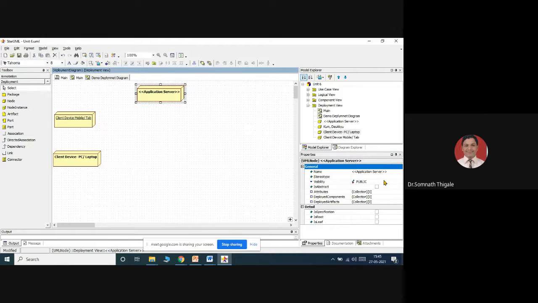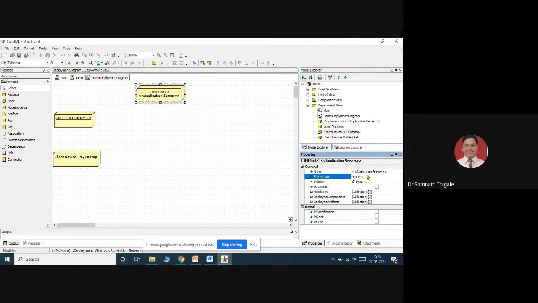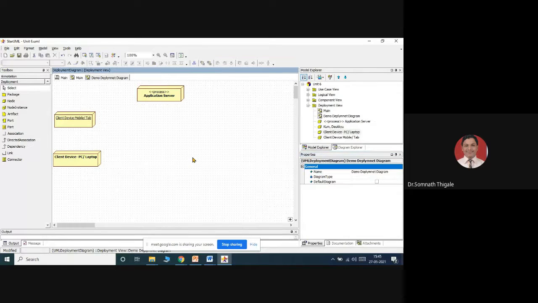The application server uses the process stereotype. I can remove this so that we can understand: this is just taking the parts and performing some processing. So these are some simple nodes.